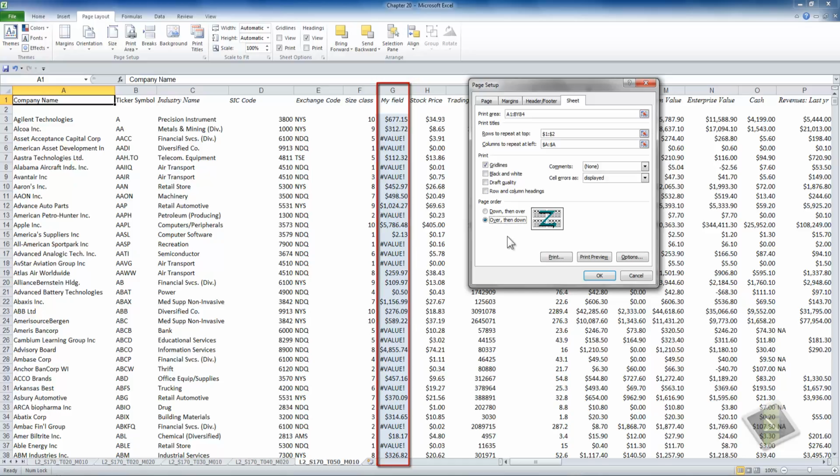I set up a formula to generate an error message on purpose so we can deal with them, because currently on the print job, they'll be shown as displayed on the screen. We have three other options, though. We can have each cell that has an error message display as a blank cell, or we can have a double dash put in the cell, or we can have #N/A, not applicable, which is actually an error message in itself. I'm going to choose the double dash and go back to print preview